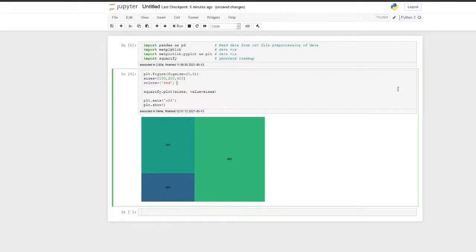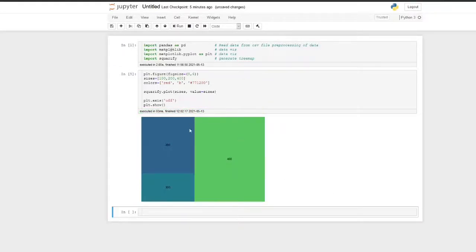So colors can be specified as the value, or as the short name, like B for blue, or else we can also specify it as the hex code. For the hex code I'll just use a random one, 771200. Okay, I don't know what color it represents. Let's execute this cell.